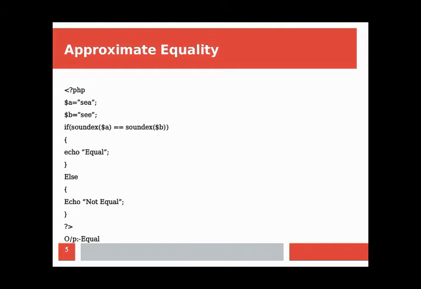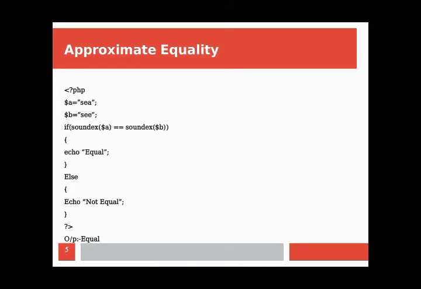Then next is approximate equality. To approximately compare strings, PHP provides some functions. Here we will see in the example directly, within the PHP tag, $A = "C"; $B = "C"; Here the pronunciations are different if we directly read them.